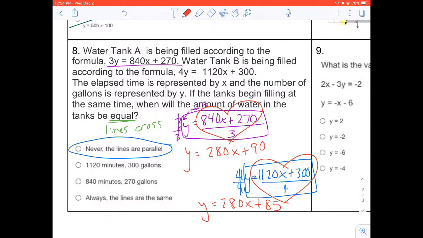Now, without typing these in, you can also see that these lines are going to be parallel because parallel lines have the same slope. And so the slope for this one is 280, and the slope for the second equation is also 280, because that is in the formula of y equals mx plus b. So again, we're looking for that m, that